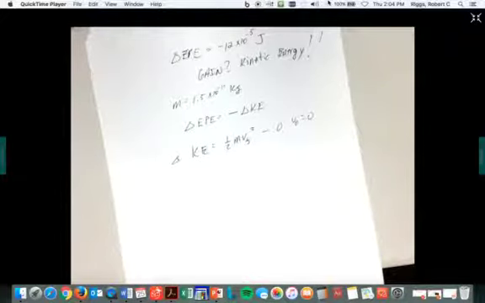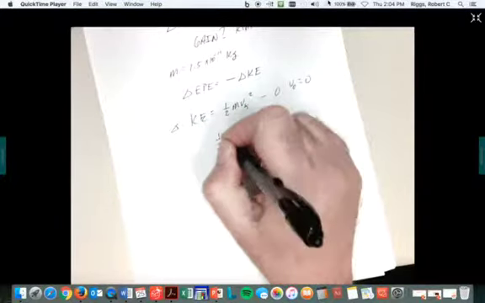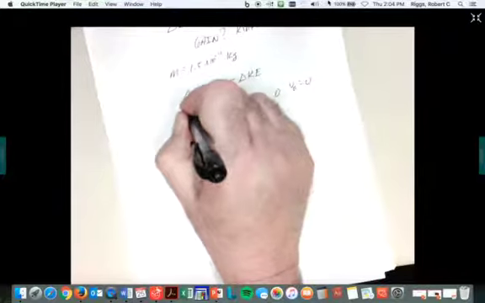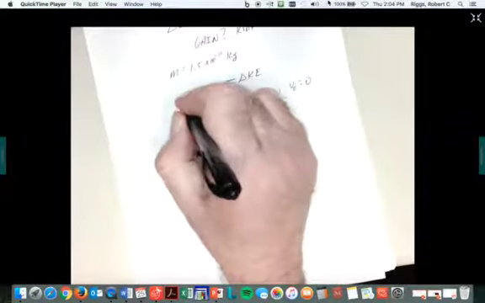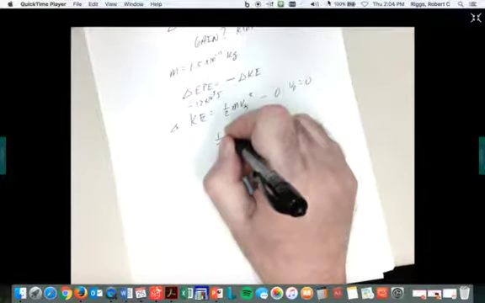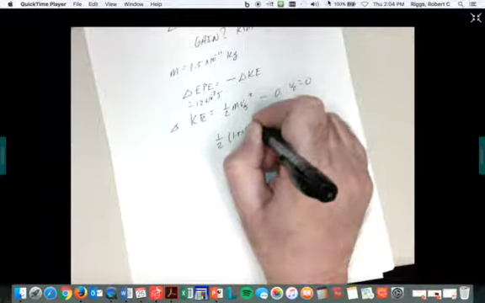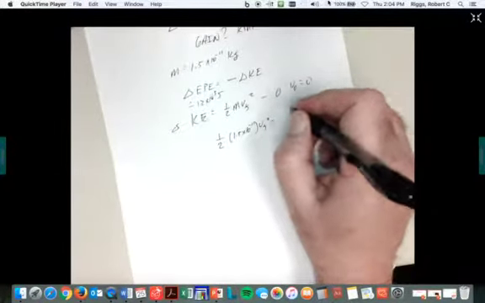So can I solve for the velocity? Sure. Because I've got 1/2 m, again, we're going to go ahead and put this number in here, and we got negative 12 times 10 to the negative 5 joules here. Cancel the negatives. 1/2 times 1.5 times 10 to the negative 11 kilograms times v final squared is equal to